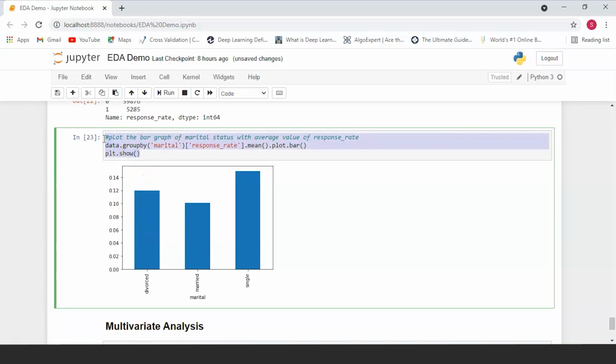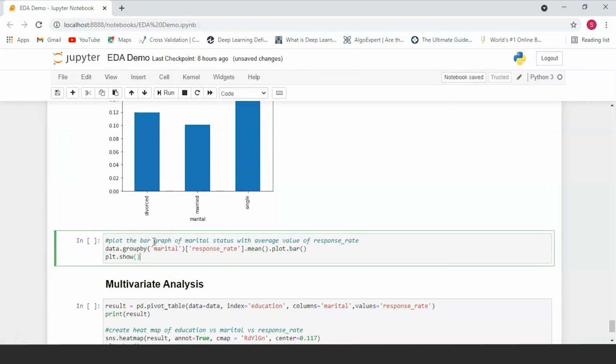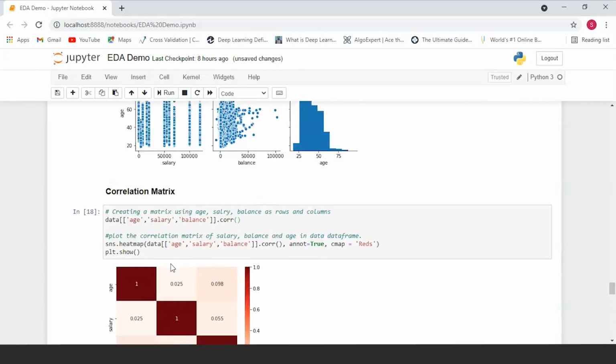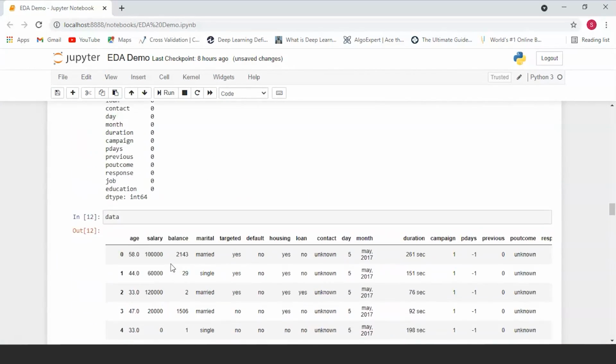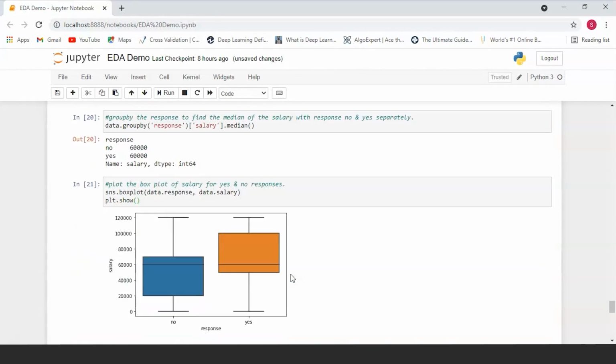Let's just take a look at how loans vary with the response rate. So data.groupby, let's just take a look at the exact name of our loan column. So it's loan, right?